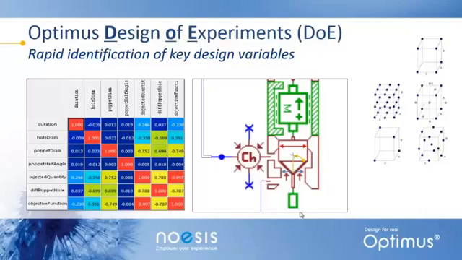So the first four, if you look on the left-hand side, duration, hole diameter, poppet half angle, and then you look across, you see the color coding and the numbers. A very high correlation is red, a very low correlation is blue, and then in between are the other colors. What is, in this case, extremely interesting, if you look halfway down to poppet half angle, and you go to the right, you'll see that it has negligible impact on the different objectives or output quantities, the last three that are shown. So in this case, the poppet half angle can be fixed to the